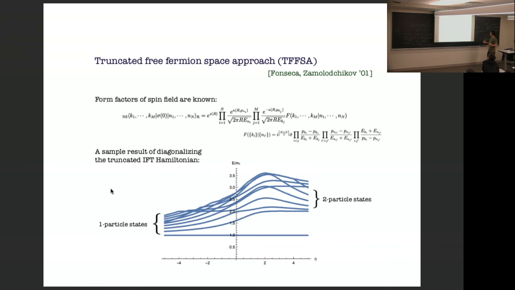And you just truncate the Hilbert space, truncate the Fock space of free massive fermion theory, and you add this perturbation, and you diagonalize the Hamiltonian matrix. This turns out to converge, kind of empirically, in a power law fashion with the increasing truncation level. So there's some small error that you have to take care of, but given enough computation power, you can get reasonably good numerical results for the energy levels of this system on the cylinder or on the circle in this theory.